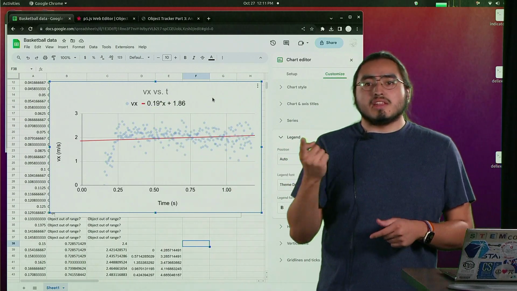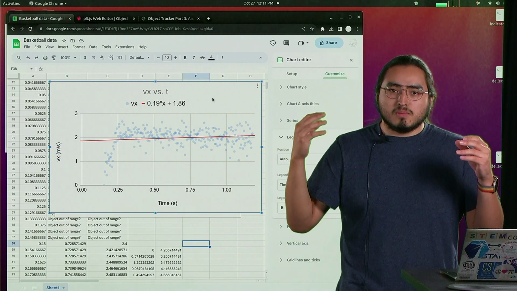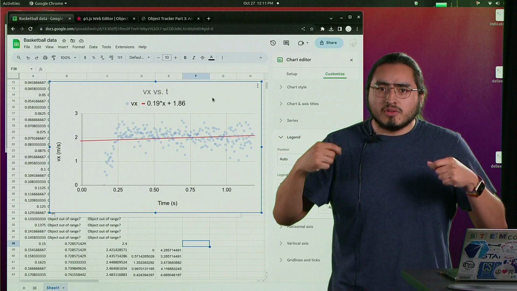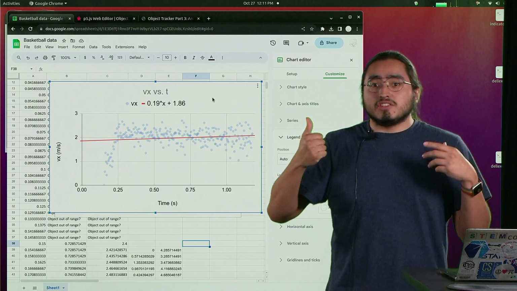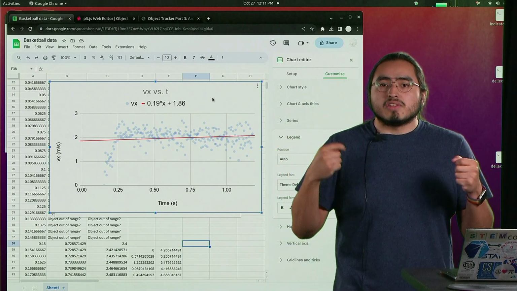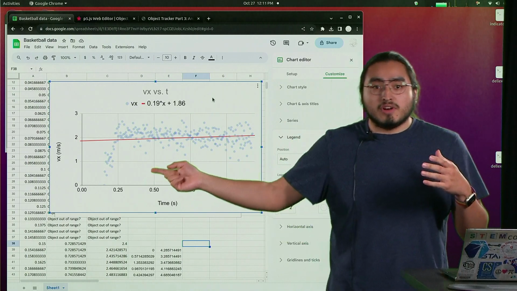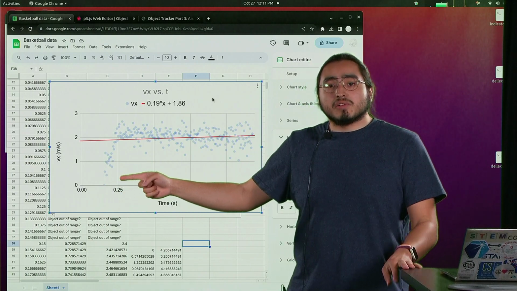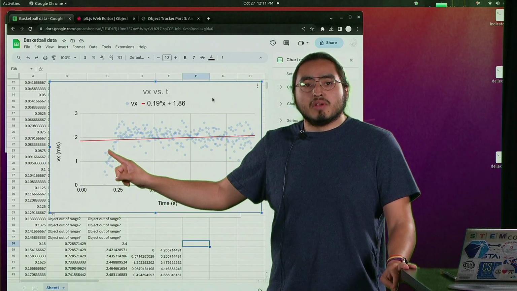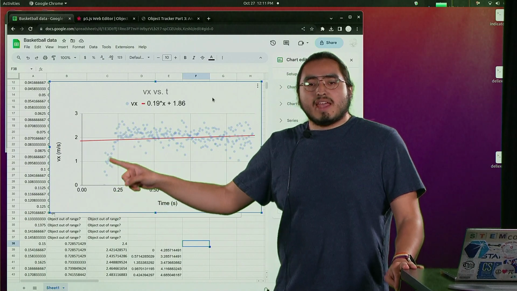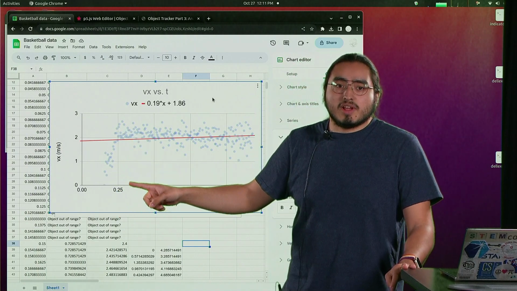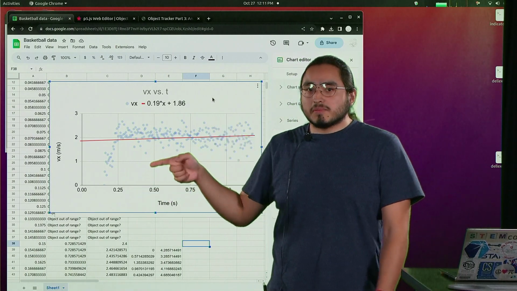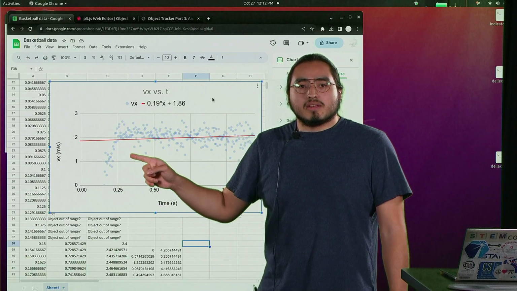But something to think about when you do data analysis is, is there anything off with this data, or is there any reason why some data should be excluded from my estimate? It's always good to think about things like that. And for us here in this example, we have this interesting part very early on in our data. These are the very few, maybe tens of points, when we very first start our tracking. And you may remember, I'm pretty sure I explained it in part 2, but I'm going to explain it again, that there's this thing in the